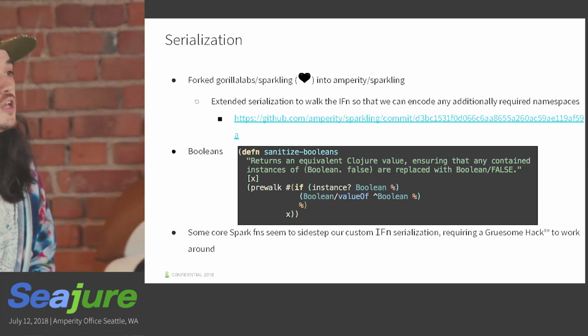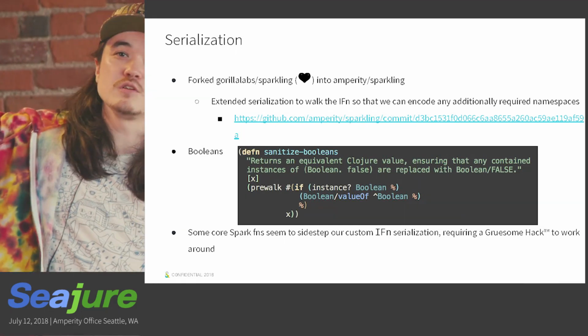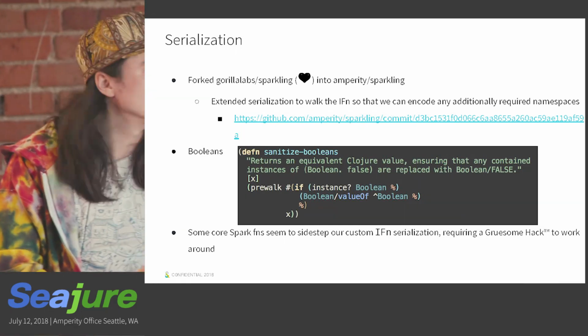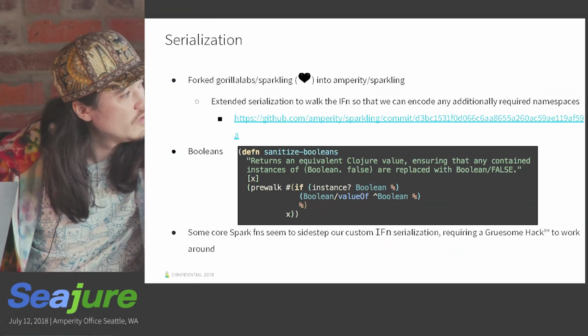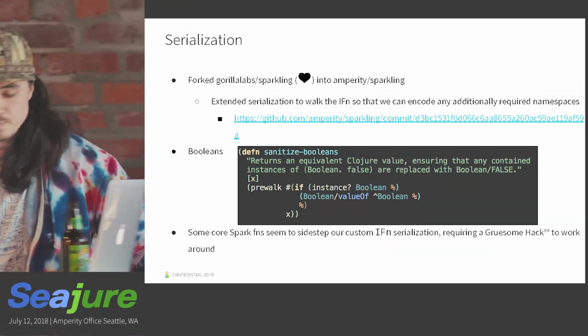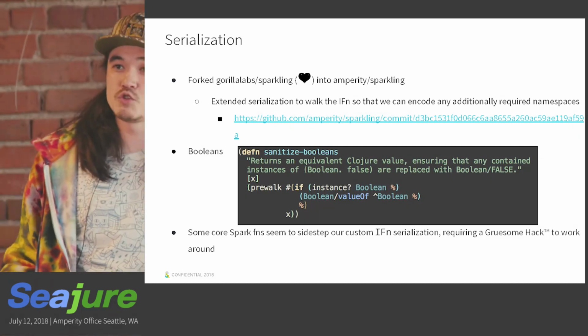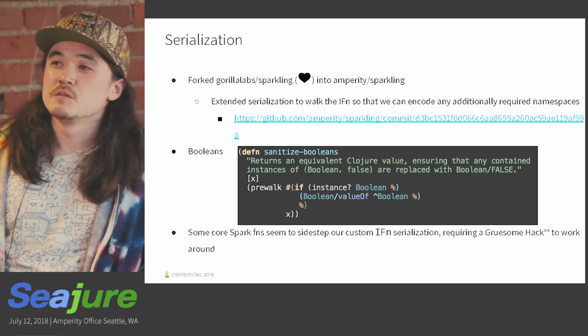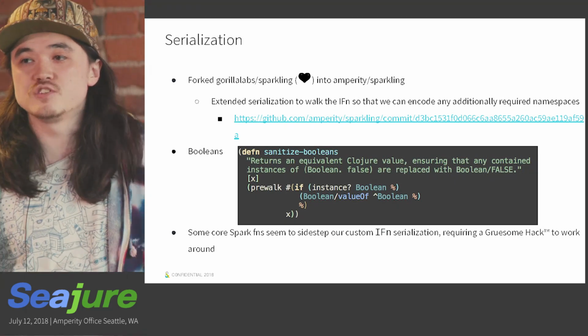Booleans, again, this is kind of an implementation detail of Sparkling, but it was interesting nonetheless. We found that the Java class Boolean, there's a bunch of different Booleans, especially if you're in Clojure land. The Java class Boolean, the one you would make by calling Boolean false, for example, were always coming back as true every single time after we closed over them, closed with an S, and then serialized them.